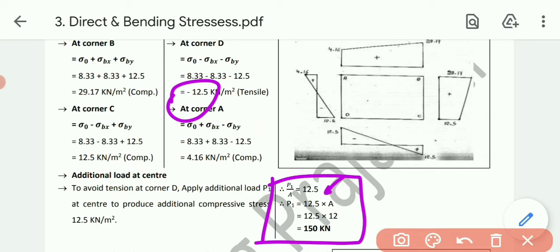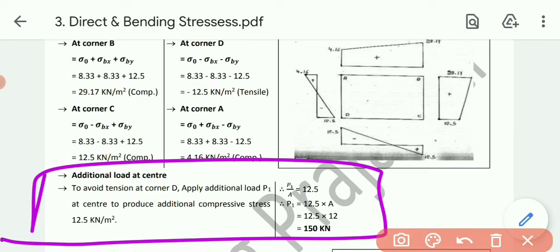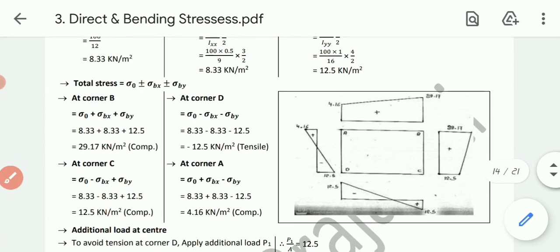So P1 equals 12.5 into area. We have already calculated area, 3 into 4, that was 12. By simplifying this, we get the answer 150 kilonewton. So to avoid the tension at corner D, we need to apply this 150 kilonewton force at the center. If it is asked, then and only then we need to do this. In the previous example they didn't ask us, so we didn't do it. Now talking about the diagram,